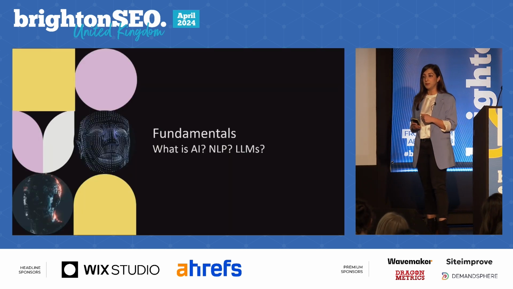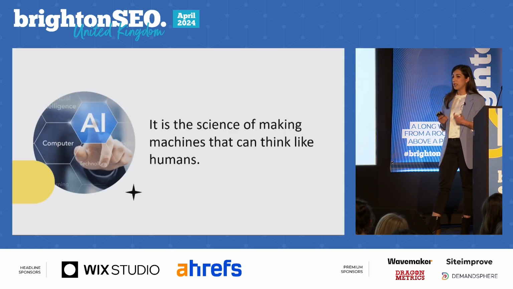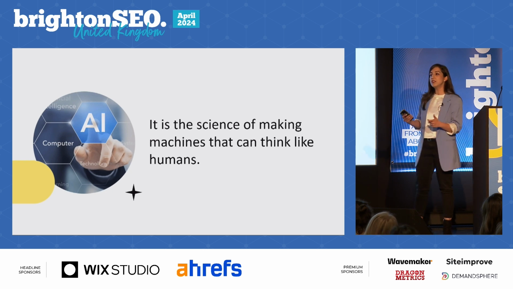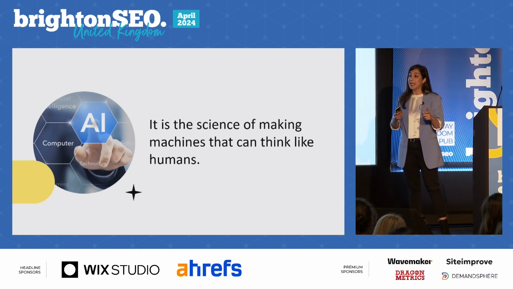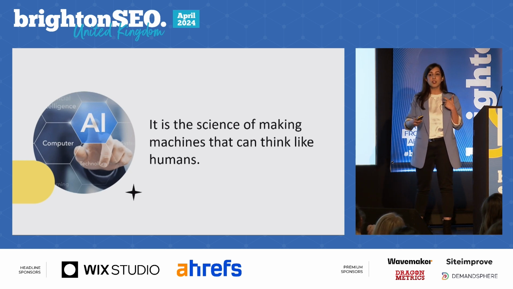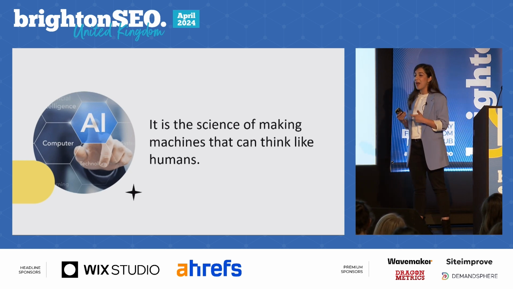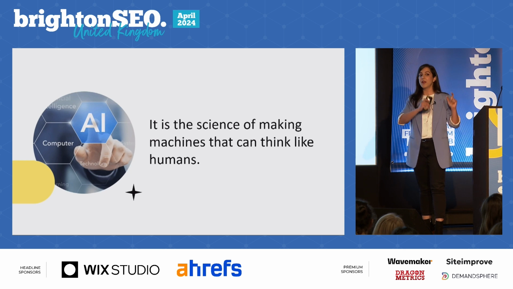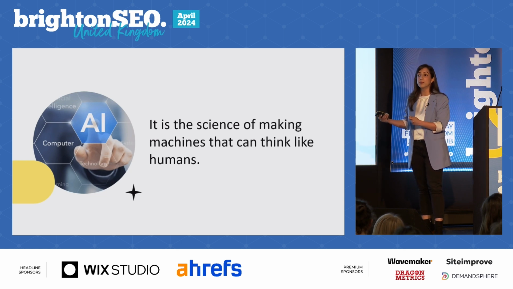Let's get to the fundamentals now. What is artificial intelligence? I really like to explain artificial intelligence as teaching computers how to think and learn like humans do. So imagine you're teaching a robot how to play a game. Rather than giving the robot step-by-step instructions for every situation, you just give the basic rules and let it figure out on its own what the next steps are by practicing and learning from its mistakes. That's how AI works. It's programming computers to learn, understand, problem solve, and make decisions on their own like humans do.